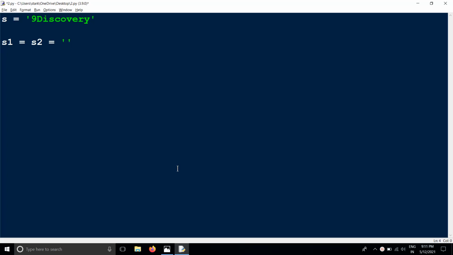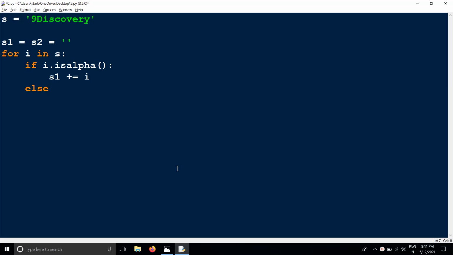Okay, now for i in S, I'm accessing each character in a string. If i dot isalpha, for accessing the alphabeticals, then S1 is equal to S1 plus i.